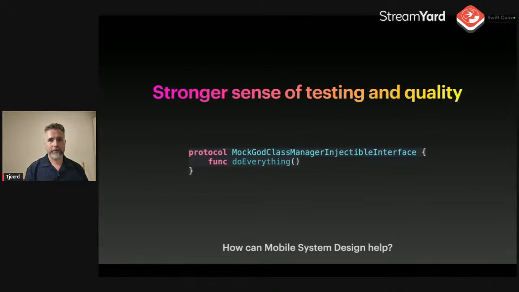Testing, common topic. Not everybody tests. Some people test a lot. Some people test the wrong things. Some people test the right things. Some people overly test everything, or test things that are already tested. So figuring out what to test is quite tricky. And I think with a good system, with a good design, you can have these good seams and APIs between domains that allow you to better test each domain.